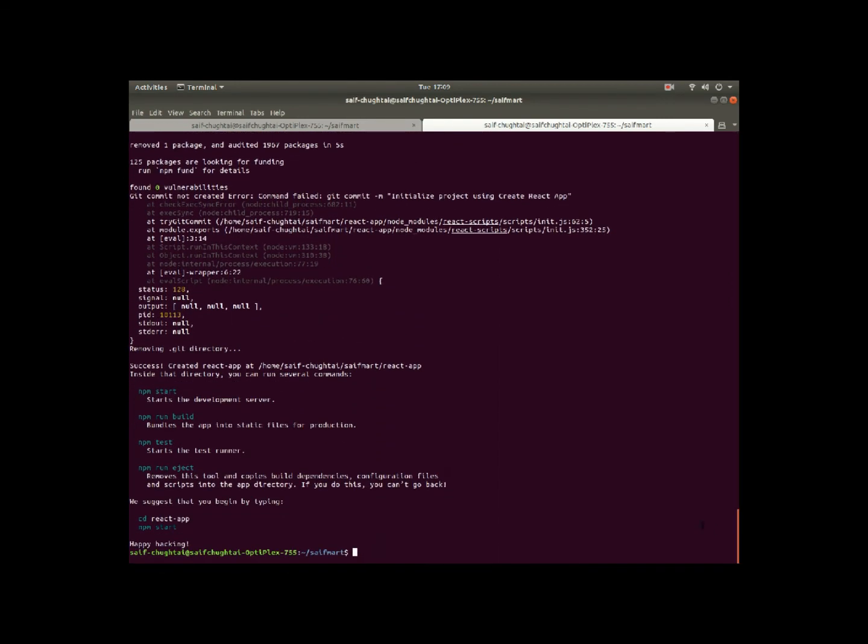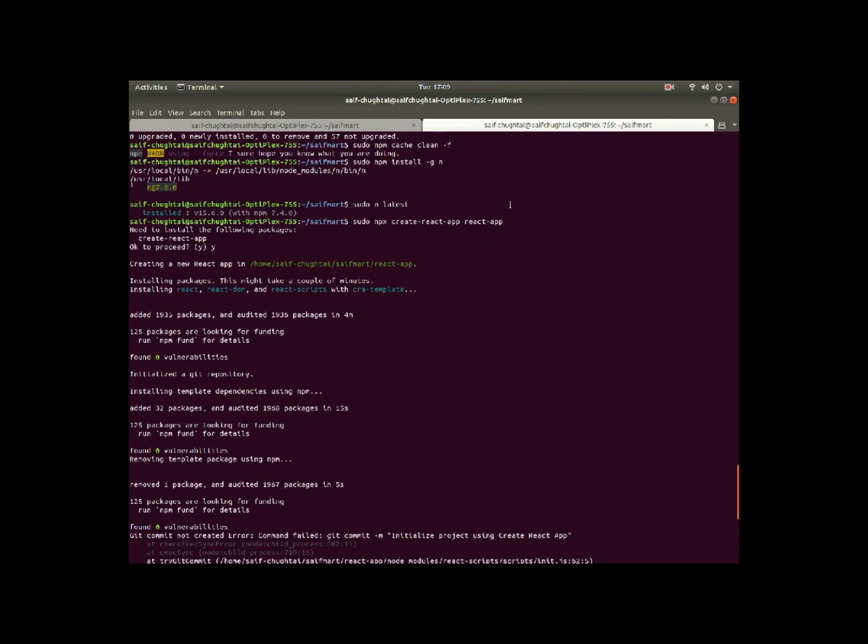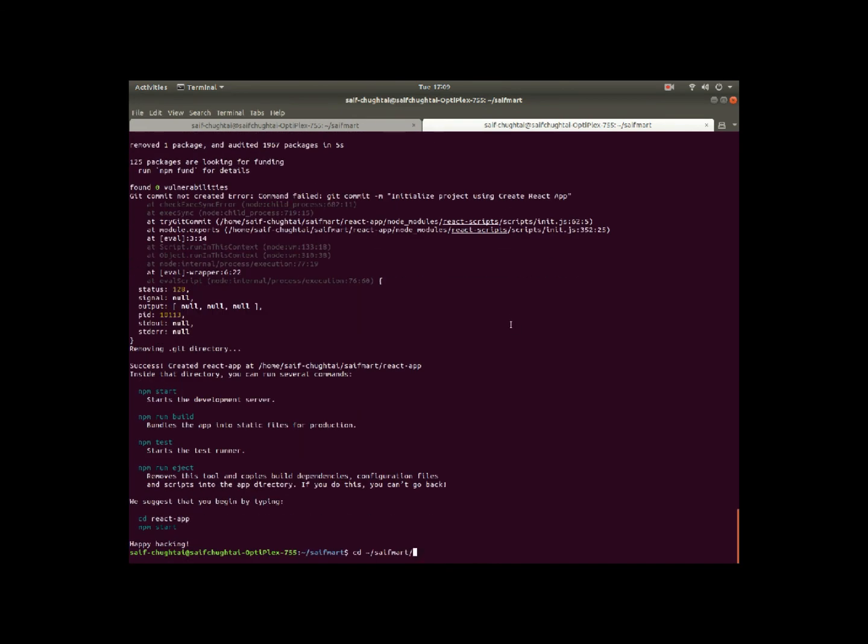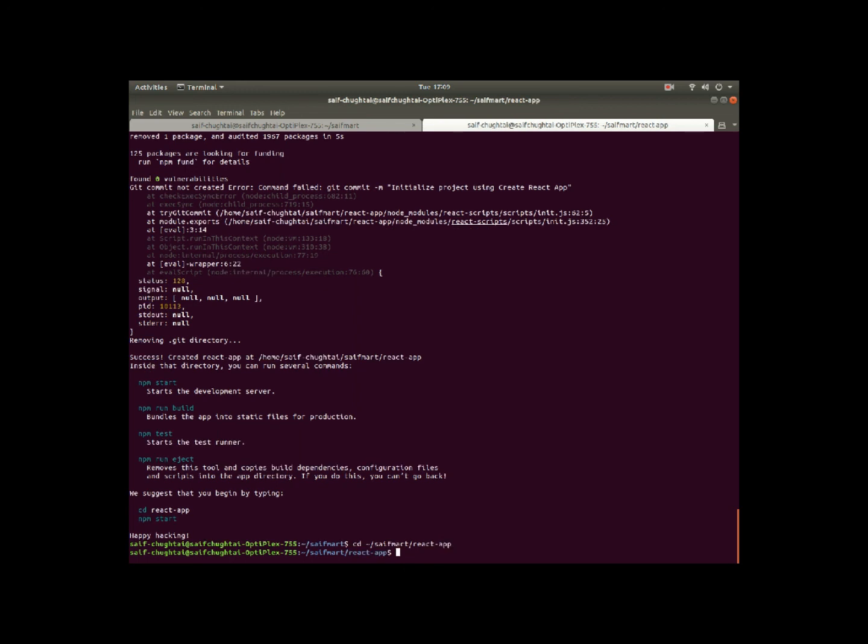Okay, and it says happy hacking, and also it's telling me to go into this app. So I'll just jump into the directory which contains the React folder that I have named, you can see react-app. Okay, I'm in react-app.